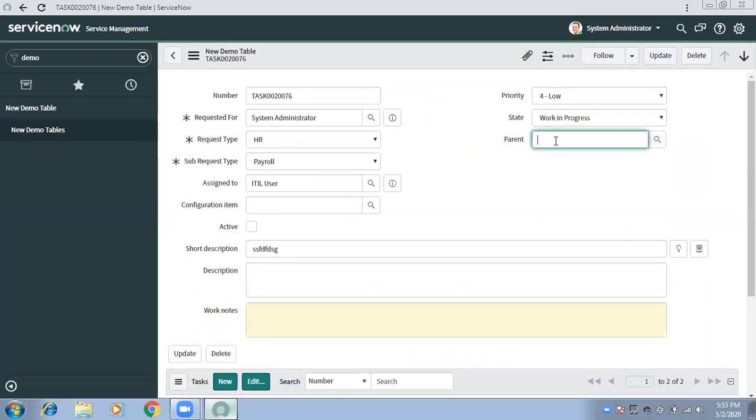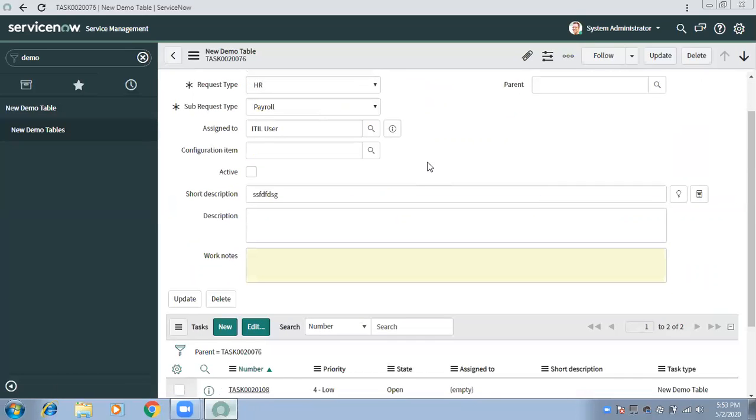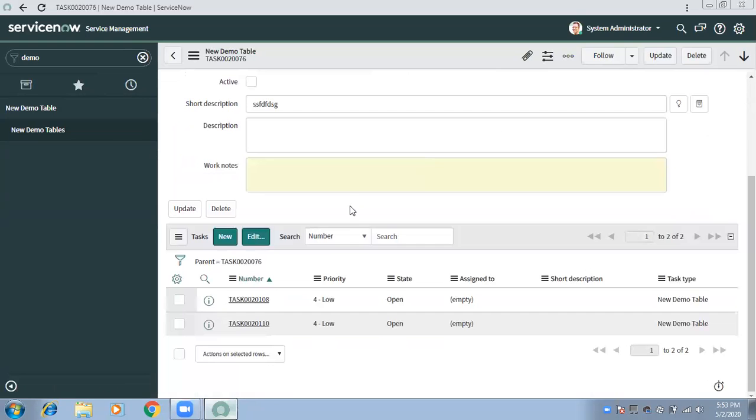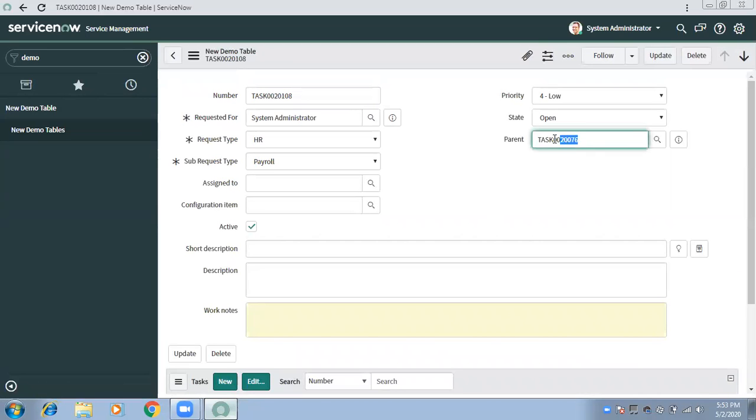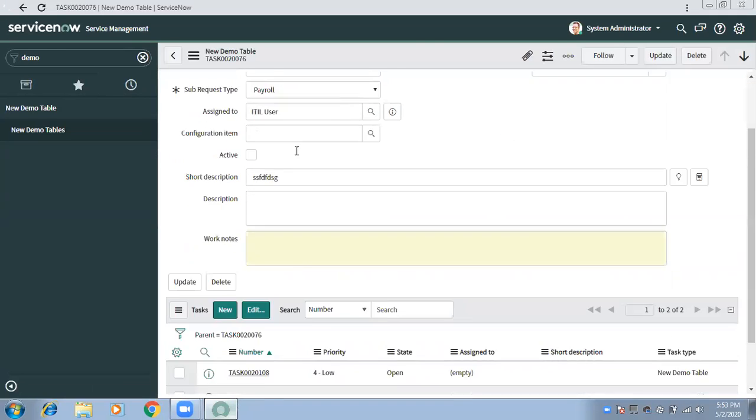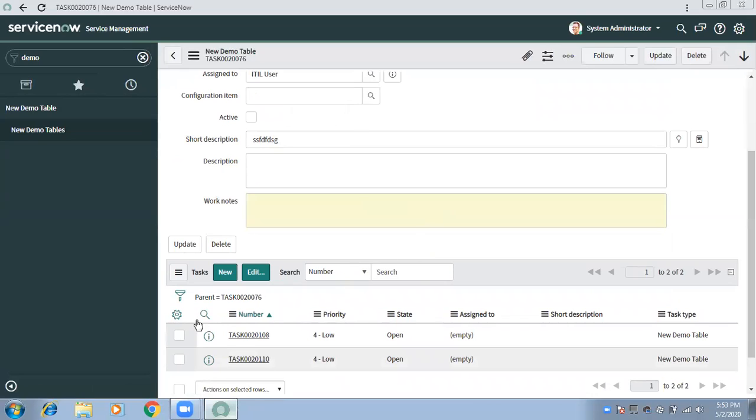That means this particular record is not a child under any record. But if we open these child records, this field is filled. This is what links these records to this parent record.